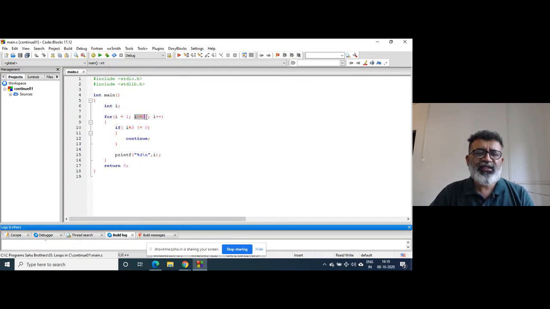Again, the condition is tested. The condition is true. When i is equal to 3, this condition is false and 3 will be printed. So what is the meaning of the continue statement? The continue statement is always associated with this condition.